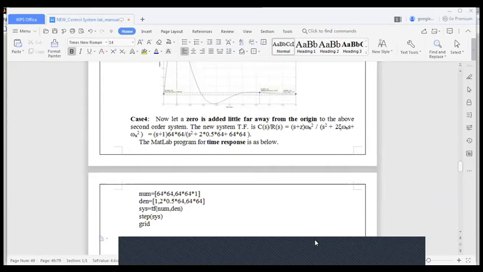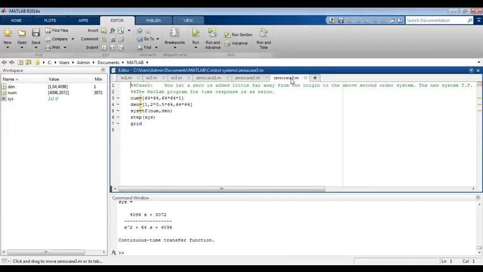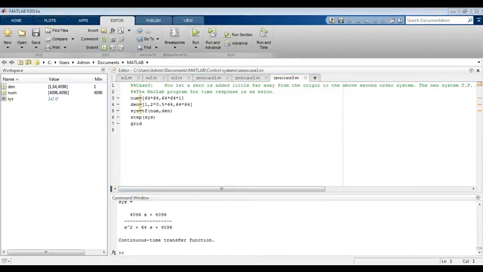Okay, now let us see in MATLAB. We have to run it in MATLAB. This is the program we have entered. You have to understand that the percent sign means whatever is shown in green color is just a comment; it will not be executed. Now run the program. The procedure is the same: run, then go to figure, and you will get the diagram. You will see the same response in the manual also.